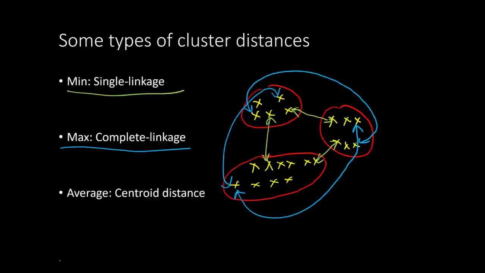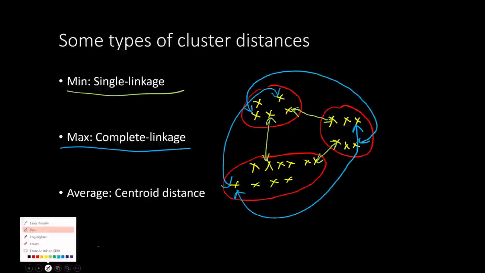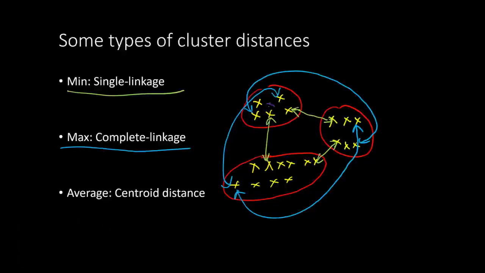The third criteria is the centroid, where we first find these centroids. Let's use a brighter color, orange. We look at this point, this point, and this point, and now we are looking at the interdistance between the orange cluster centers. So that is the centroid based distance. Depending on which criteria you use for merging, your order of merging could be different. Depending on the application, you would use either single linkage, complete linkage, or centroid distance.